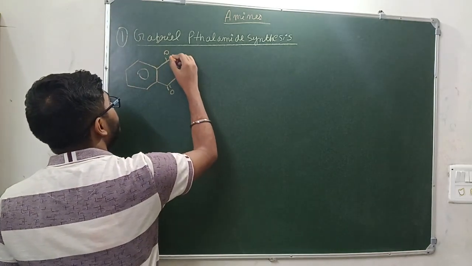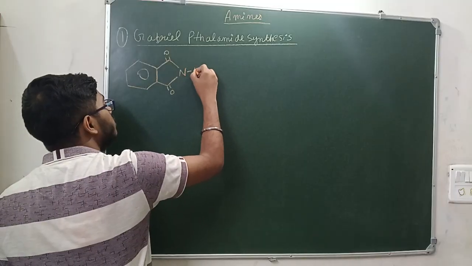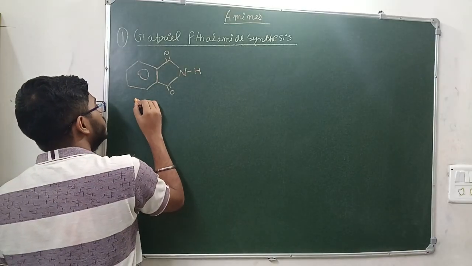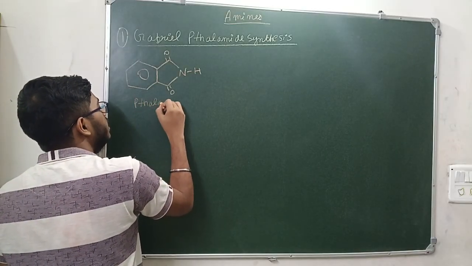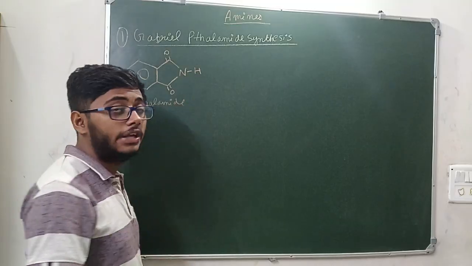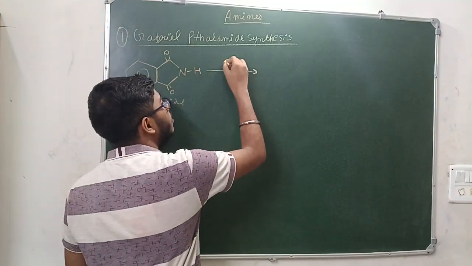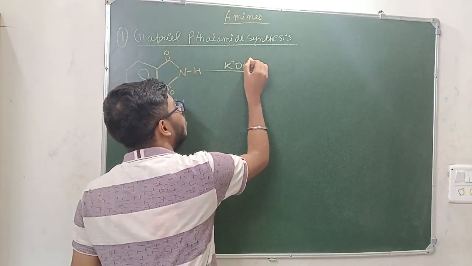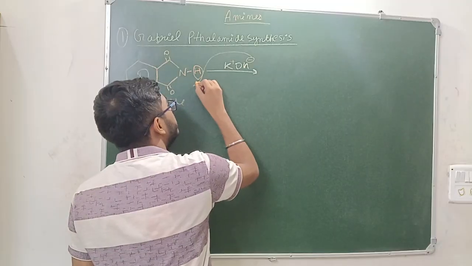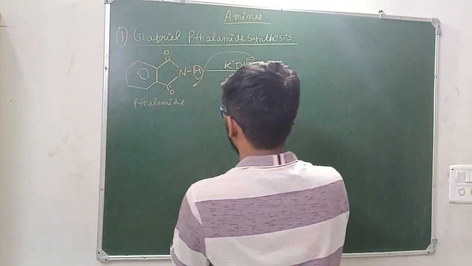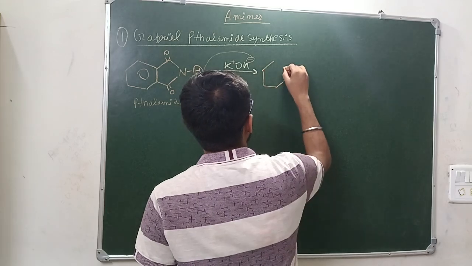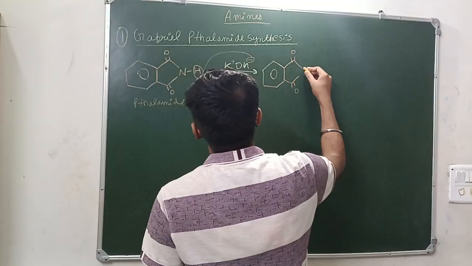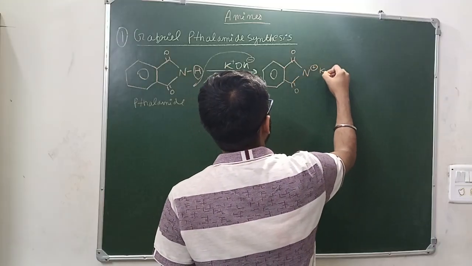Okay, so first of all, you see this is phthalimide. Obviously, it is an amide, so C double bond O, NH2 is there. This is phthalimide. Now the reaction of this phthalimide with KOH. This KOH has an ionic bond, so K plus OH minus. This OH minus ion will take this acidic hydrogen. So the reaction will take place like this, and this compound will convert into this, N minus and K plus.